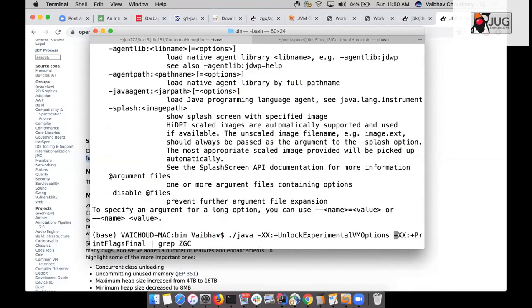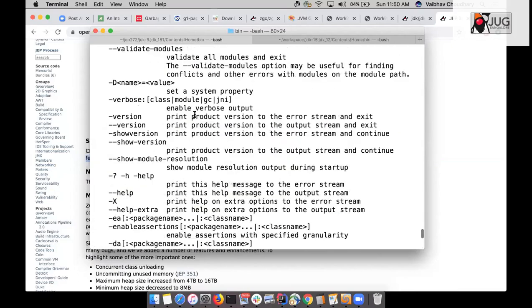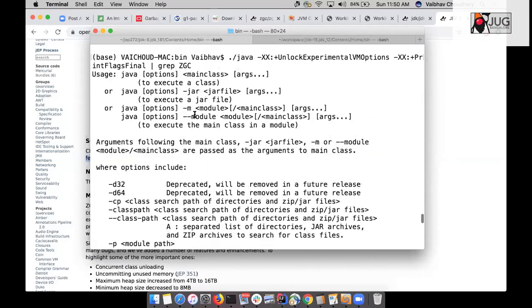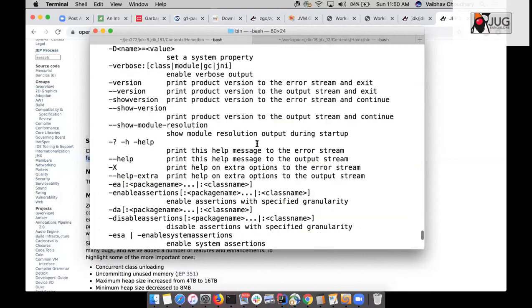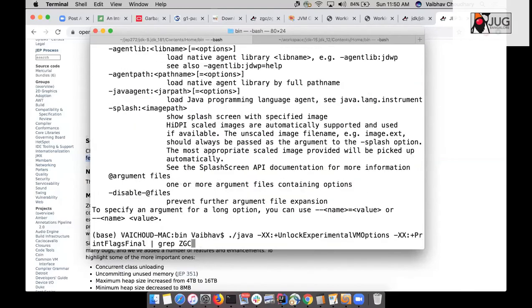So now I am grepping all the experimental options. No, I don't think so. There will be thousands of things, so that's why I don't want to grep on G.